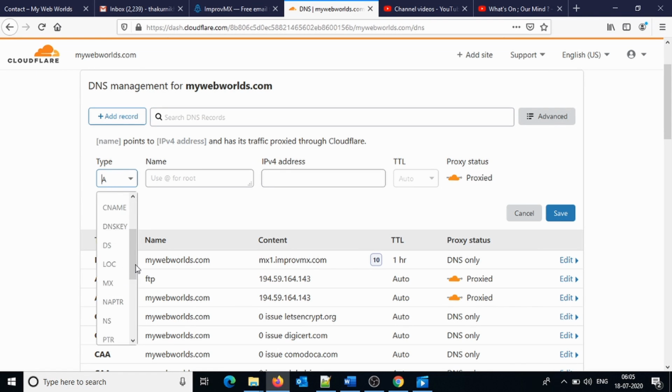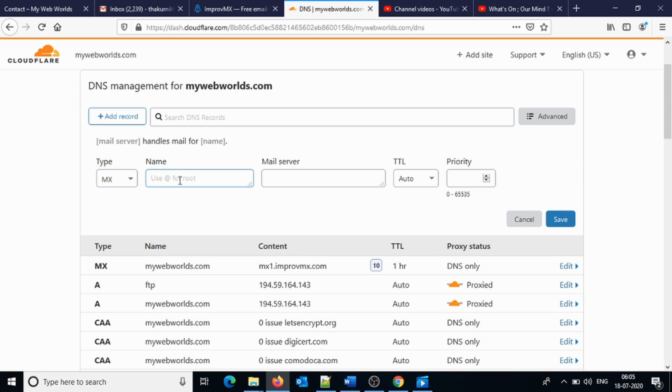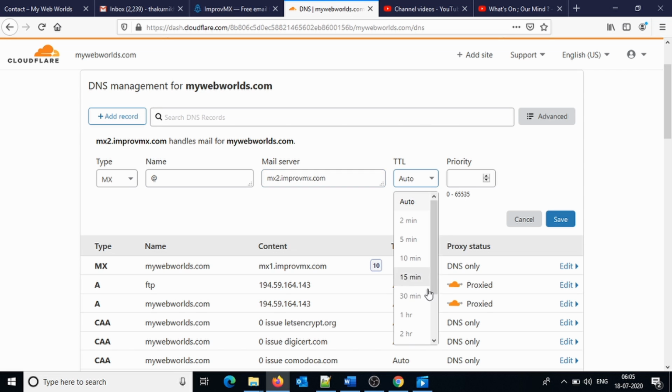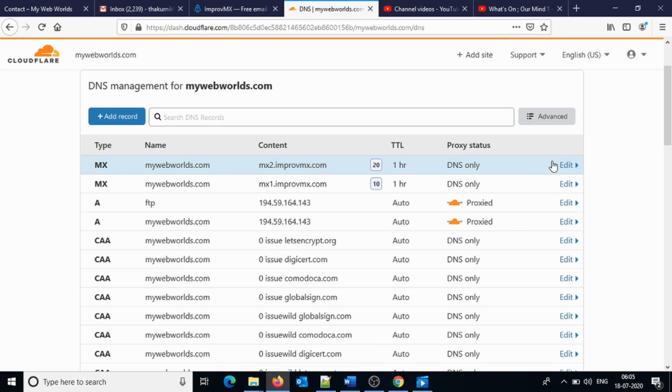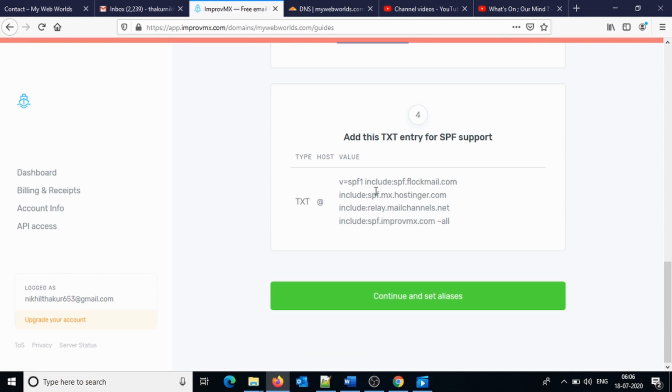I will take my type as MX, at name I will keep it at @ and mail server, I will keep it as MX2 this time. Same 1 hour I have to keep my TTL and my priority will be set to 20 and I'll save it up. Once I am done with this, now I have to add another record for my TXT, which I have said earlier.